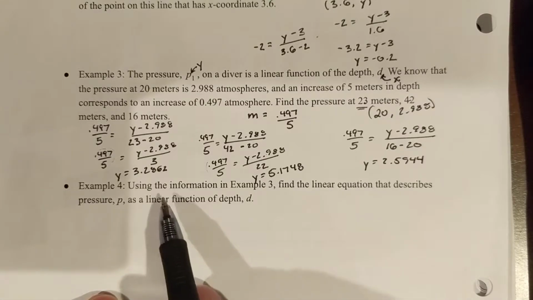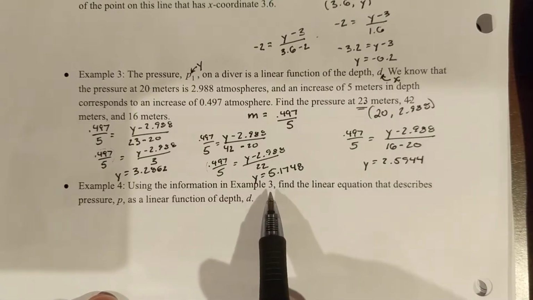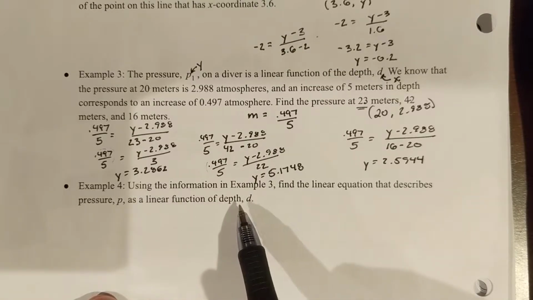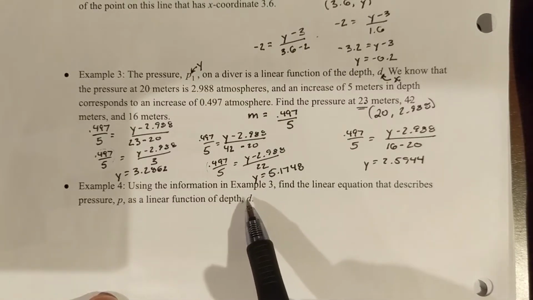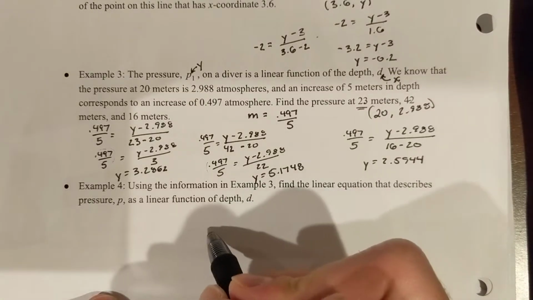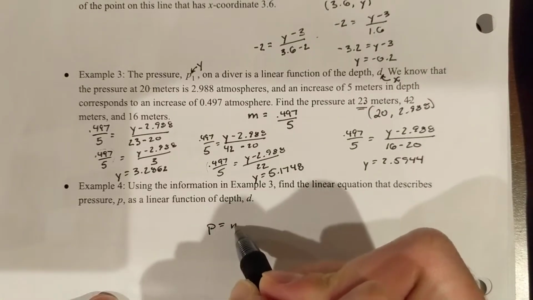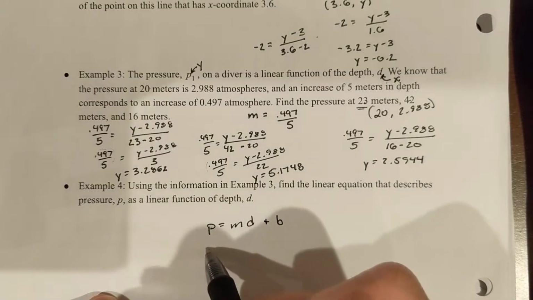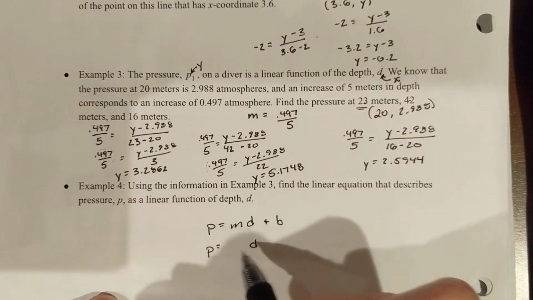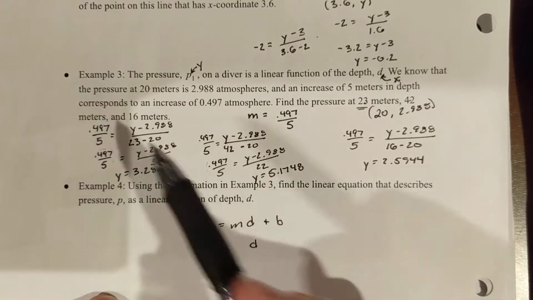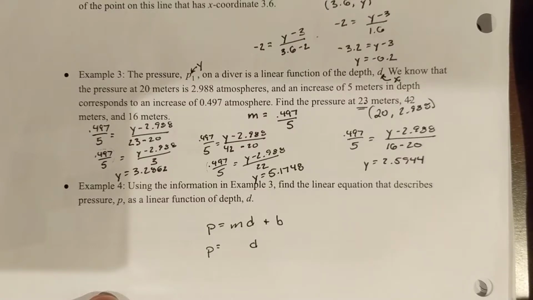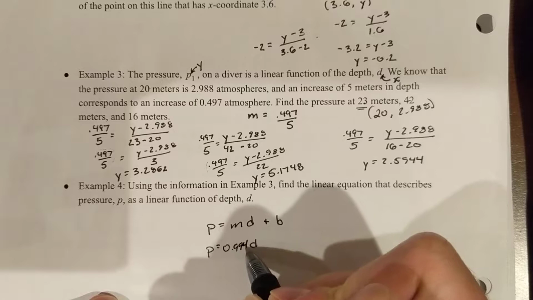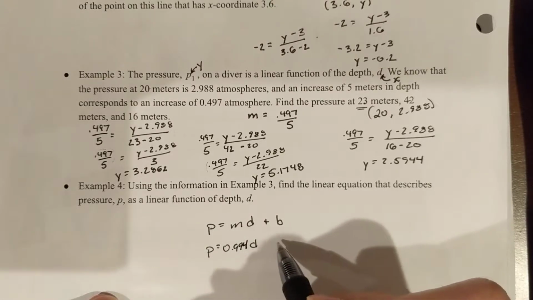Okay, so example 4 says using the information in example 3, find the linear equation that describes the pressure P as a linear function of depth D. So that's going to be pressure is equal to some slope times D plus some starting value. So pressure and depth are going to stay our unknowns. Our slope, we actually know it's this number right here. So 0.497 divided by 5. So that's 0.994. And then to find the B value,